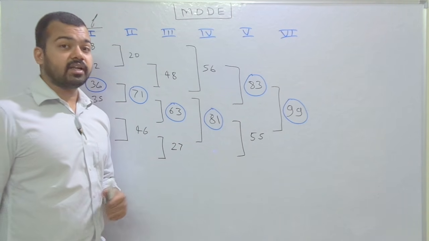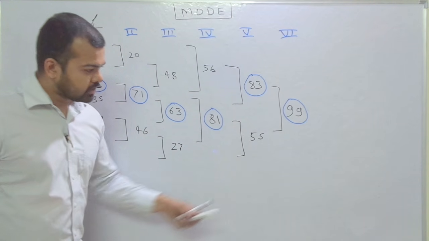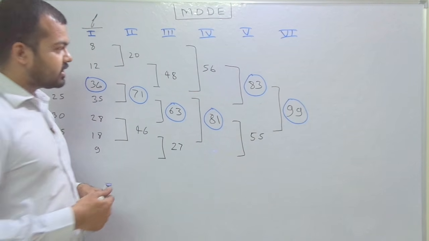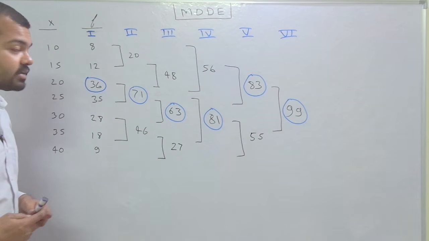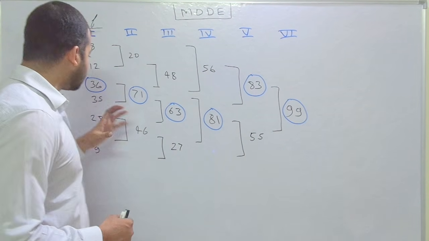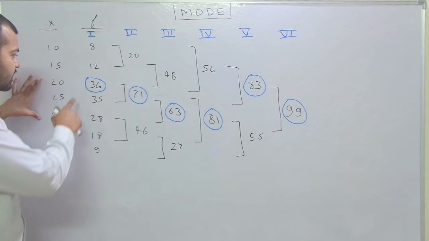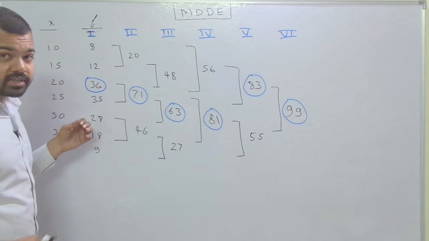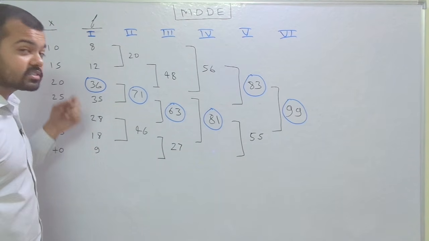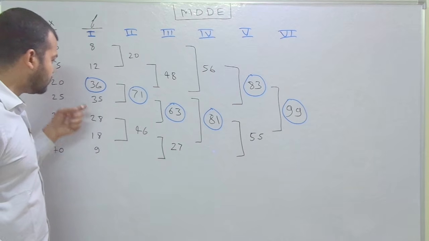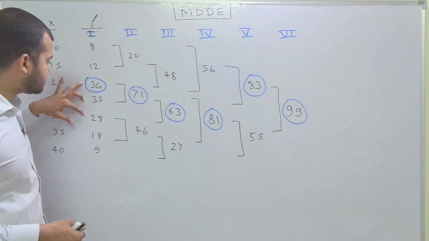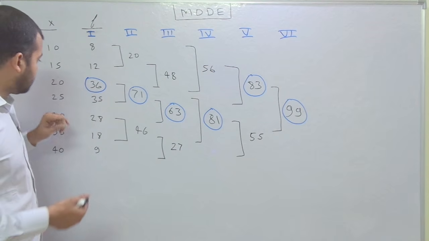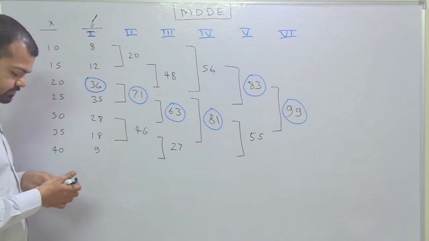We need to make one analysis table. So here in the bottom corner, I am making an analysis table. In analysis table, we can see by observation that most of the figures concentrated around these things. By observation, we can also look that 36 can be a model value. 35 can also be, and we can also take 28 just in case if there are any discrepancy. So we need to take these three values.